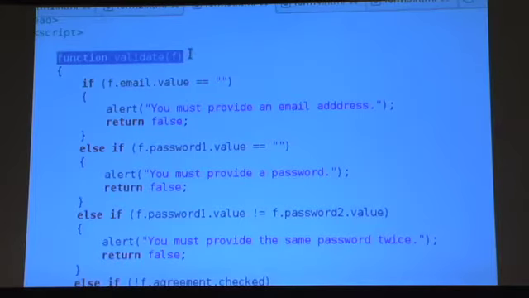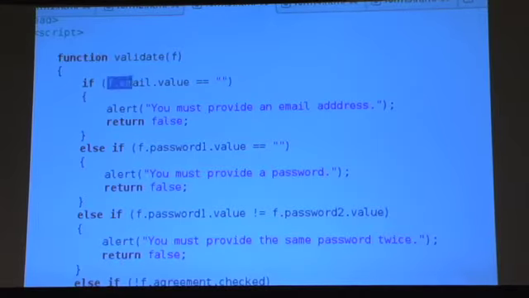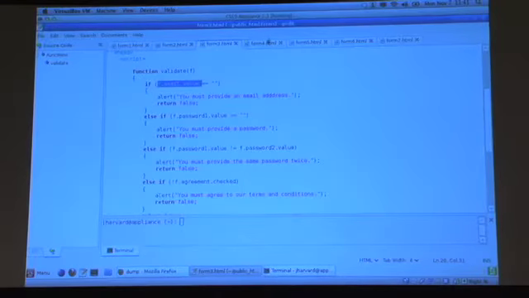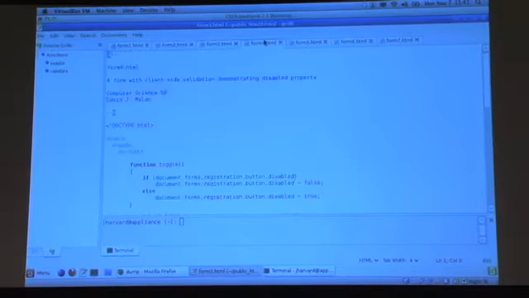And I called it f for form. And now notice I can have slightly shorter notation. If f.email.value equals nothing, yell at the user. Else if, else if. So the takeaway here is that this is now allowing me, one, to shorten my syntax, but that's not all that compelling in this case. But it is allowing me somehow to pass these nodes around as though they're indeed objects in a tree. And that'll become more important as the code gets more sophisticated.